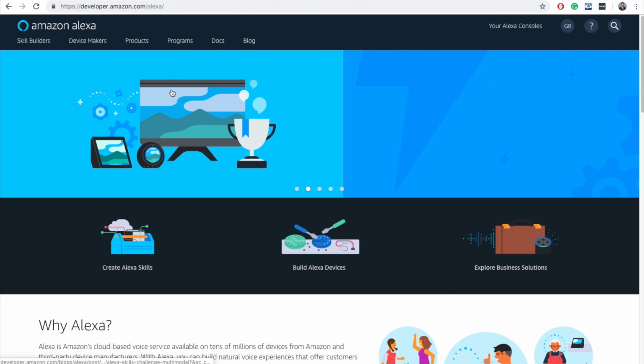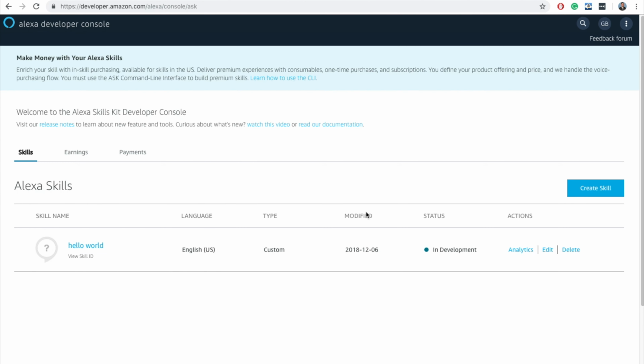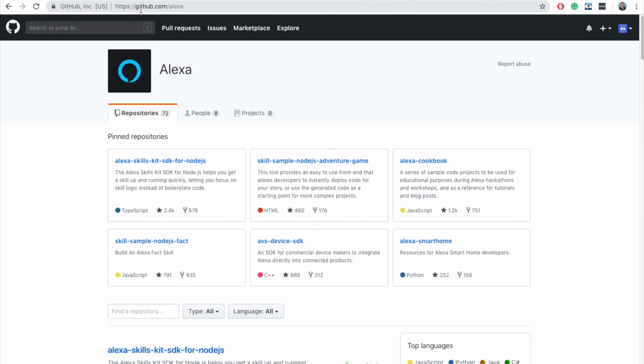The first thing you're going to want to do is head over to developer.amazon.com/alexa, and you do need an account for this. It is free. Once you get an account created, go over to create Alexa skills and then start a skill. I already have one created, I'll show you, but in your case you're going to create a skill. To help you get started, if you go to github.com/alexa, you'll find some skills already been built, and we're going to use the